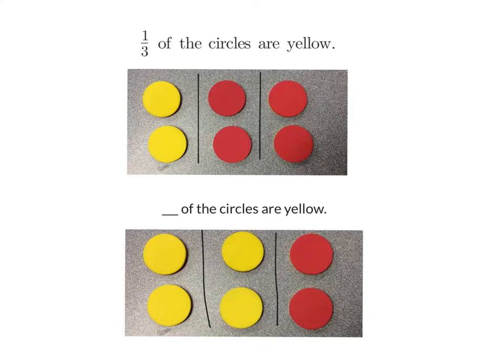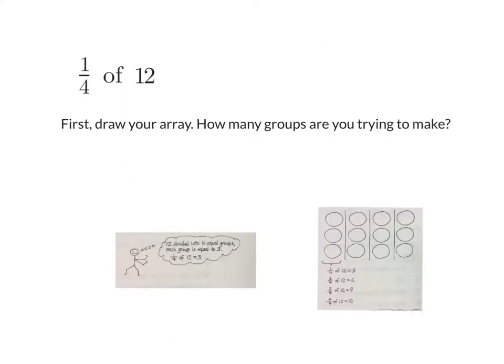Here are those 6 circles again, but this time up here, 2 of those 6 circles are yellow. 1 group out of 3 total groups are yellow. Therefore, 1/3 of the circles are yellow. Down here, we can see that there are 2 groups out of a total of 3 groups that are yellow. So we can write that 2/3 of the circles are yellow. We can use drawings to help us find a fraction